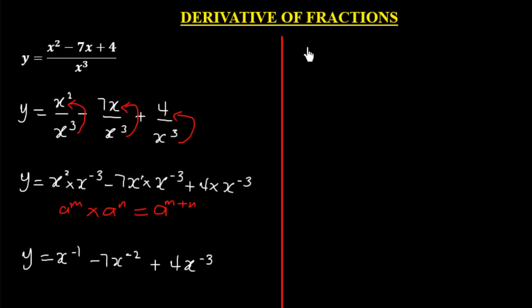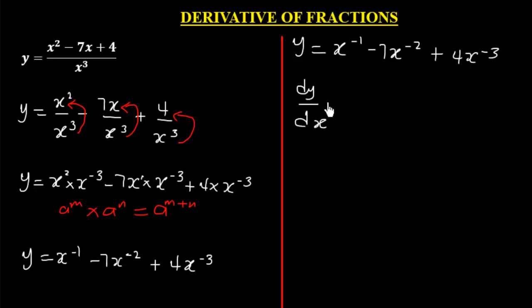So let me repeat the function over here. y equals x to the power negative 1 minus 7x to the power negative 2 plus 4x to the power negative 3. Now we are going to differentiate this function. So the derivative of y will give us dy/dx is equal to,